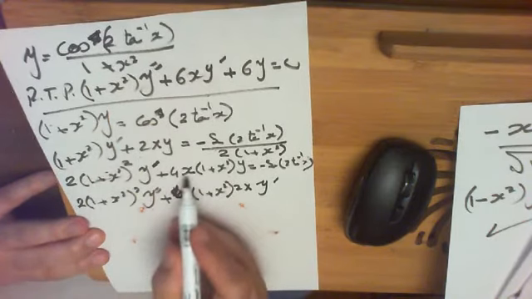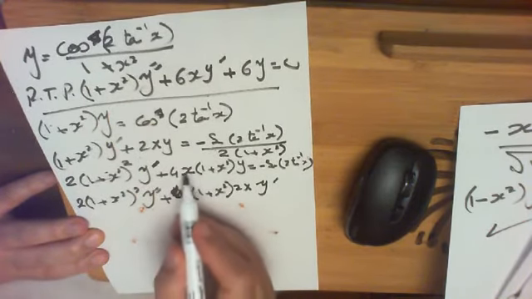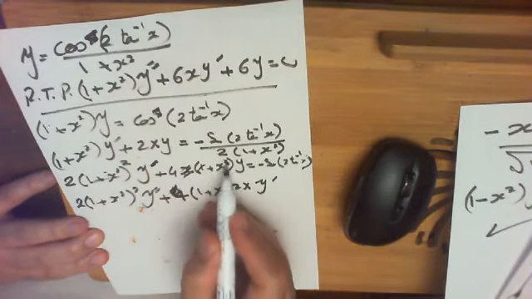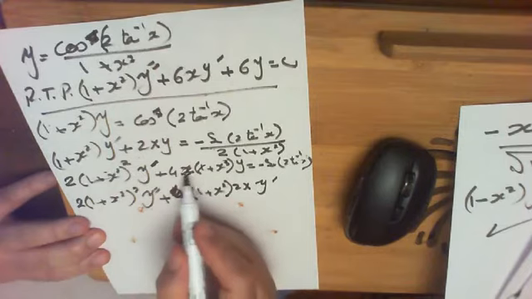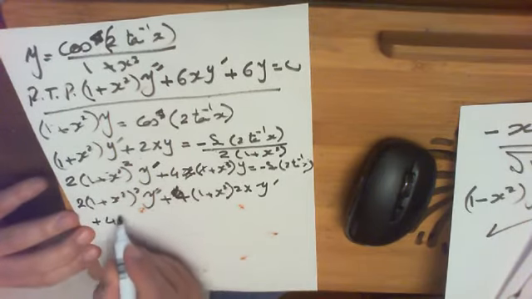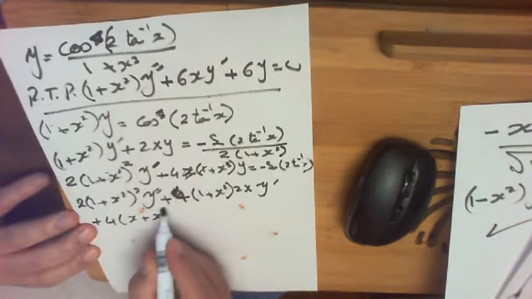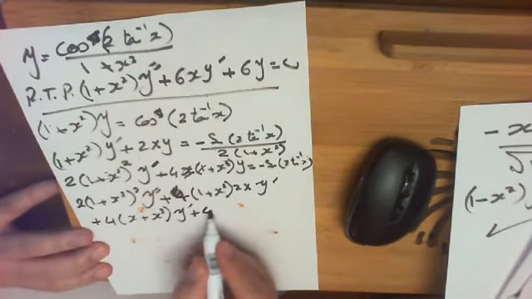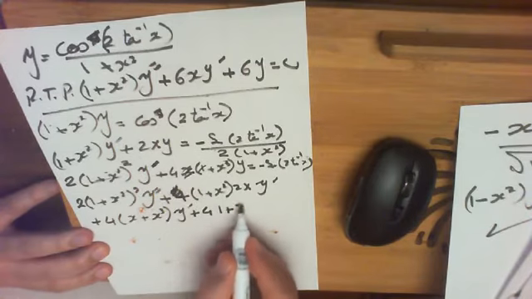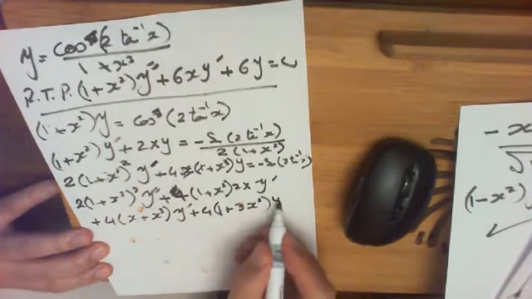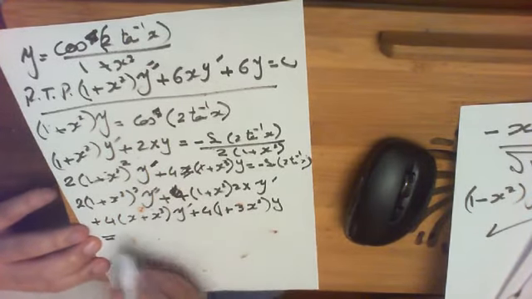Okay, this actually will be inside this. If x enters inside, this will be x cubed. Better than differentiating 3 terms, it is only to differentiate 2 terms. Okay, plus 4x plus x cubed times y dash plus 4 times 1 plus 3x squared y equals, on the other side,